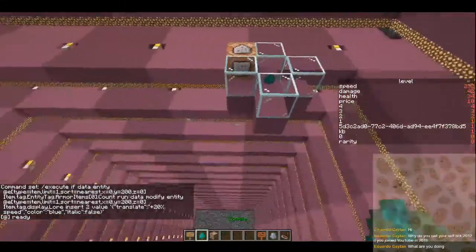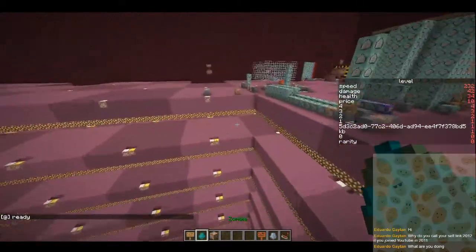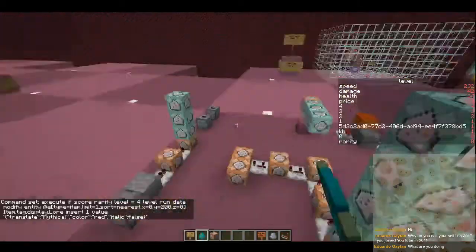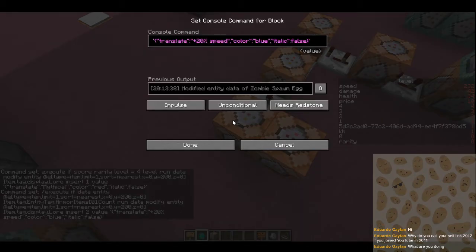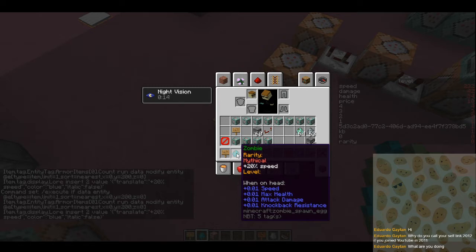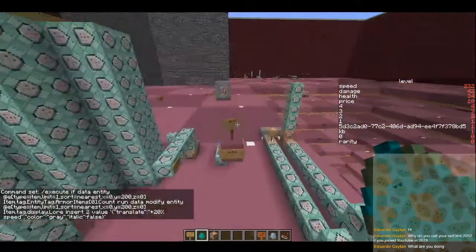Yoink, yoink, yoink. That should be good. Yeah, plus 20% speed. Epic. Why is it white? Should not be white. That's strange. That is white. It shouldn't be. It should be blue, according to what I stated. Maybe it needs to be gray. Well, I mean, it can be whatever I want it to be, but...